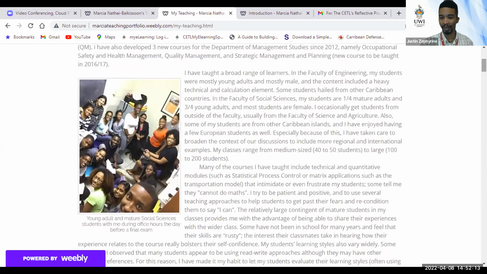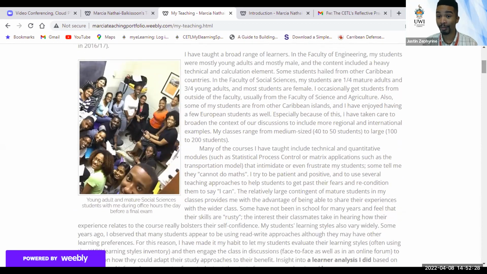So you see she's giving some details about the kinds of learners that she's had, mostly male, included heavy technical and calculation elements. Engineering, and that changed when I came to SOSI. Right. Some students hail from Caribbean, other Caribbean territories. So you're giving a good idea of the profile of the students, and look at the size, 40 to 50 students to large, 100 to 200 students. So good. Go ahead, sorry.